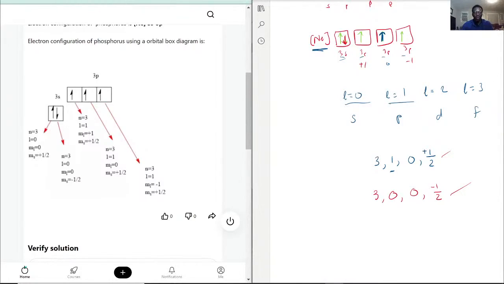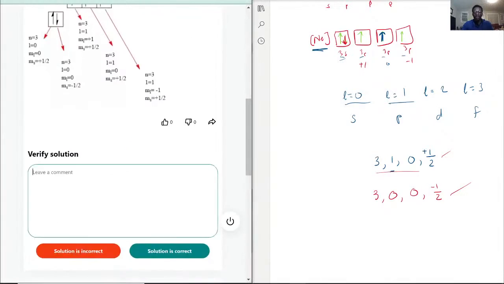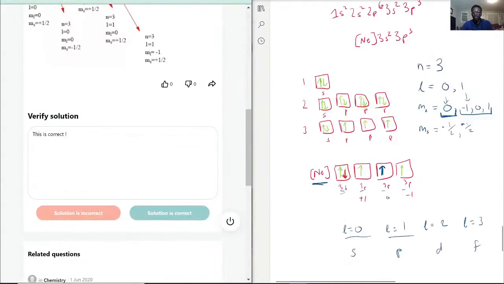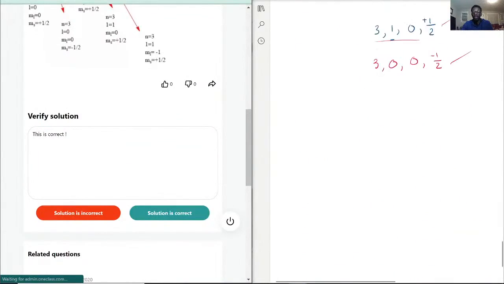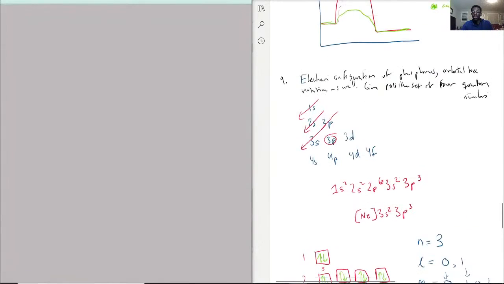So you have 3, 1, 1, plus 1/2, and 3, 1, 0, so that's what we got here. And then plus 1/2, and then 3, 1, minus 1, plus 1/2 as well. So this is correct. Okay. So that is all you need to know about electron configuration and how to actually